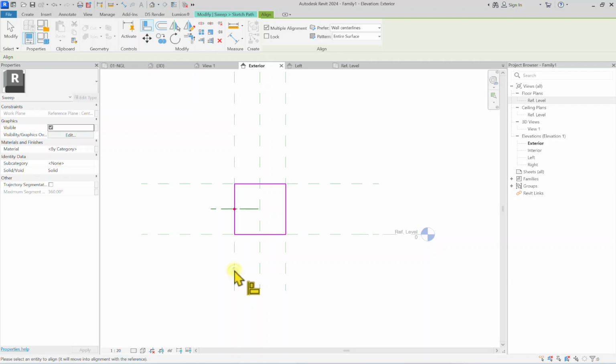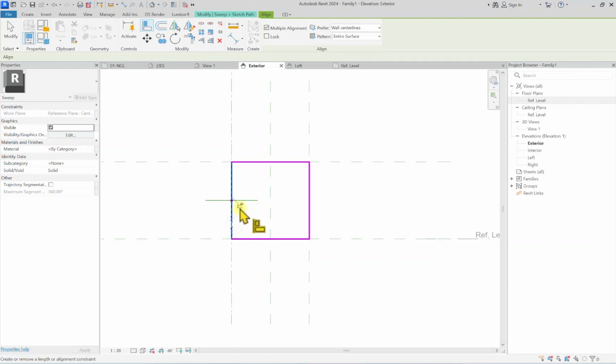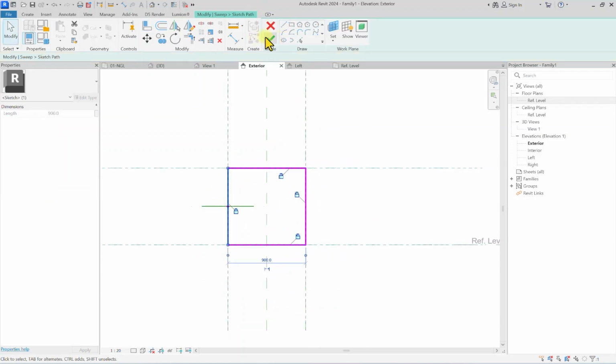Also click on this, select this here, select this, lock it in place. Also select this one here, select this here, lock it in place. Then we're going to select this reference plane here, select this and lock it in place. So after we have done this, now we're just going to click on this and we're going to click on